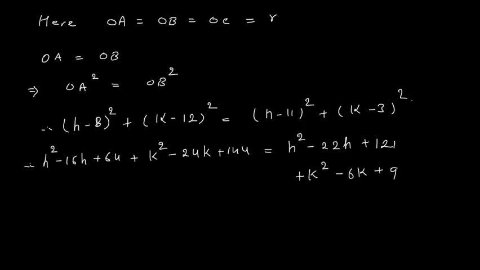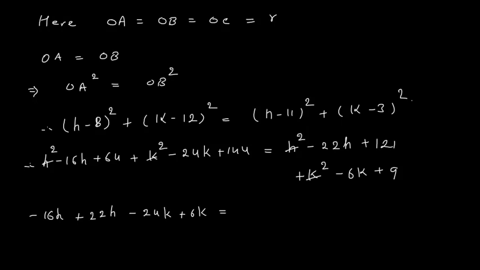Now this h square will cancel, this k square will cancel. On the left hand side I have minus 16h. On the right hand side we have minus 22h, so it will come to the left and become plus 22h. Then we have minus 24k. On the right side we have minus 6k, so it will become plus 6k, is equal to, on the right hand side,